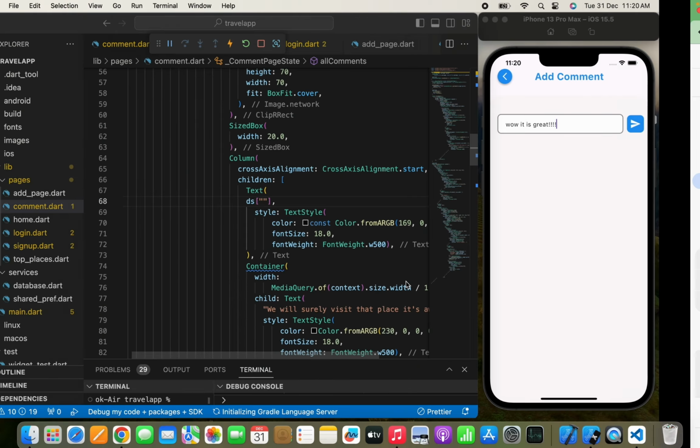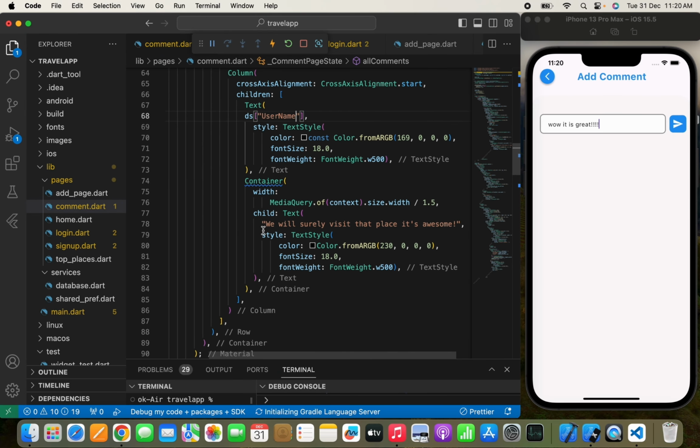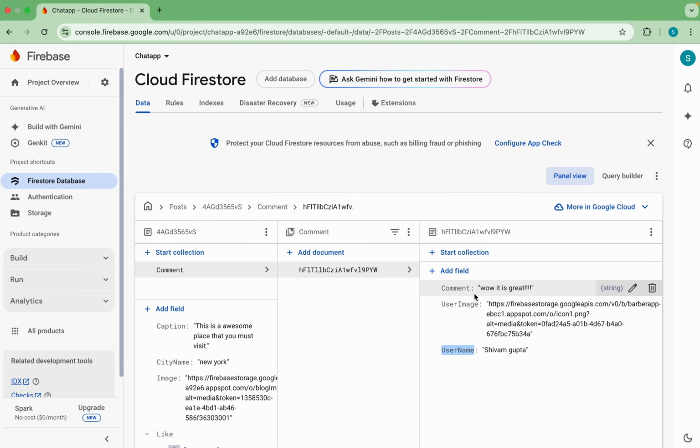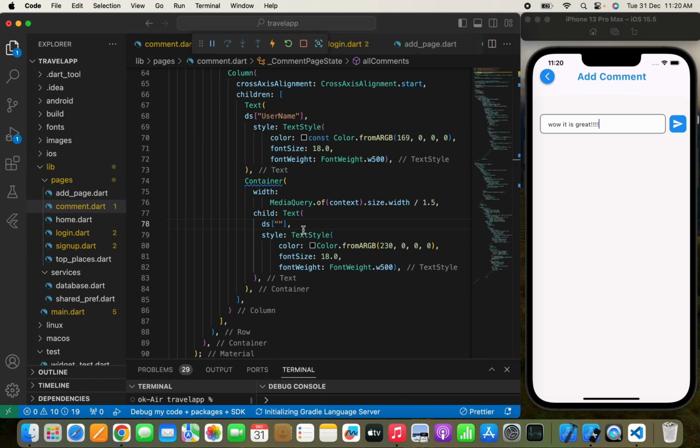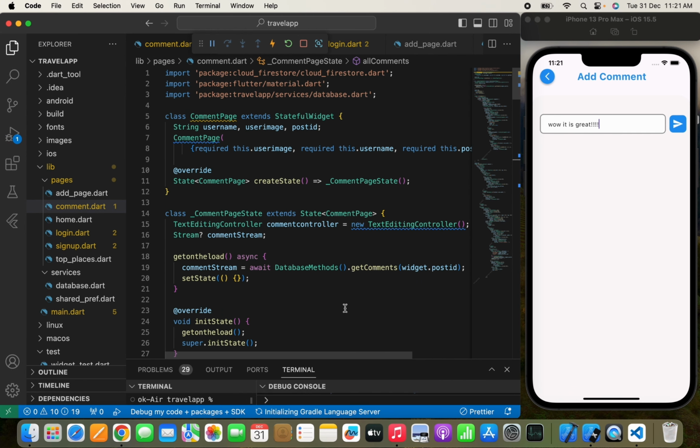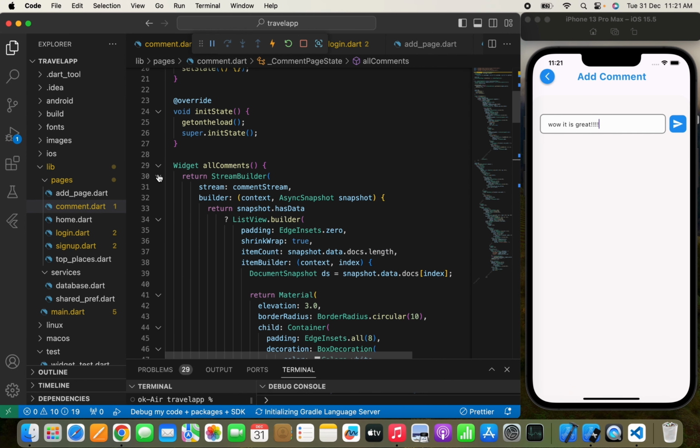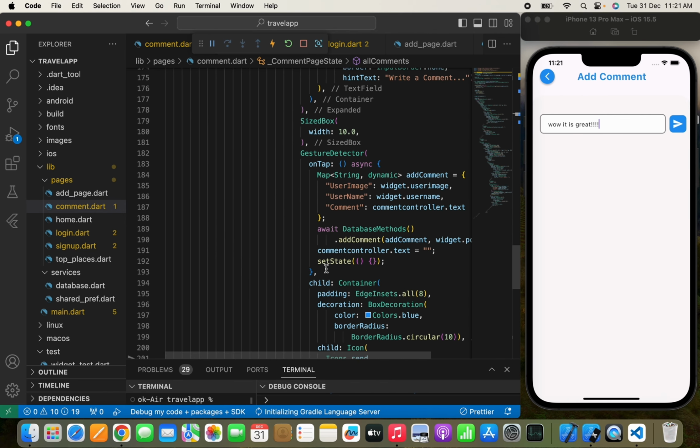Again, copy this, paste it over here, and we need to get his comment. So write ds and a comment, which is this comment. So copy this, paste it over here. Yeah, so here it is, and now we can simply call this function, which is all comment, where over here,